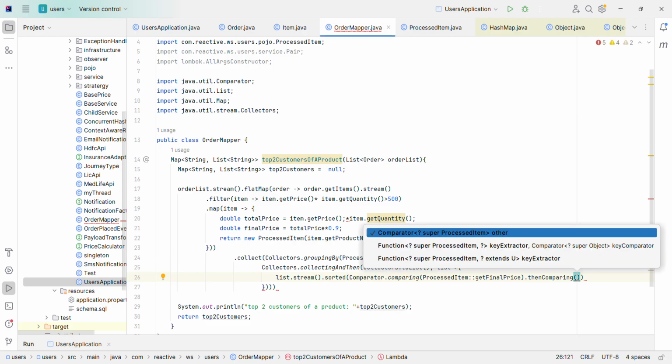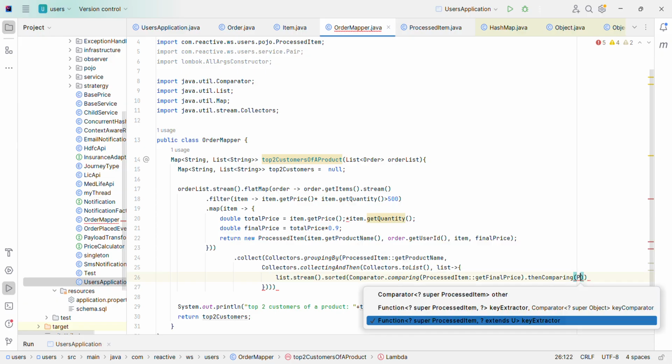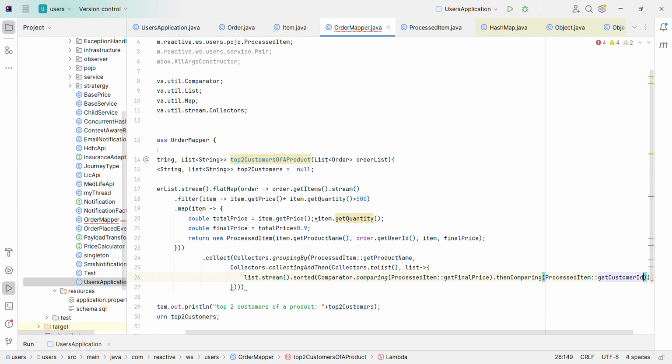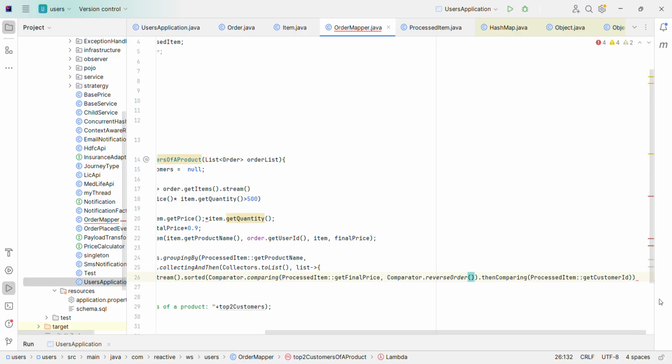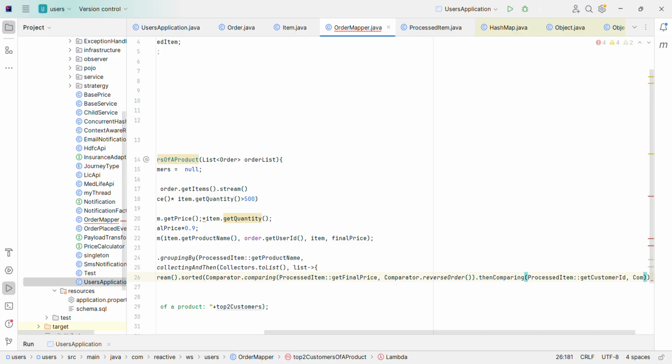Simple, we need to go for thenComparing. If both have the same final price, then we use the customer ID. But we want the result in reverse fashion. Whatever I have included will print the result in ascending order. So there is something called Comparator.reverseOrder. Here also we can apply thenComparing,